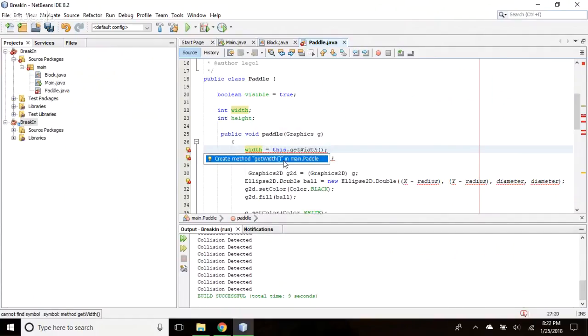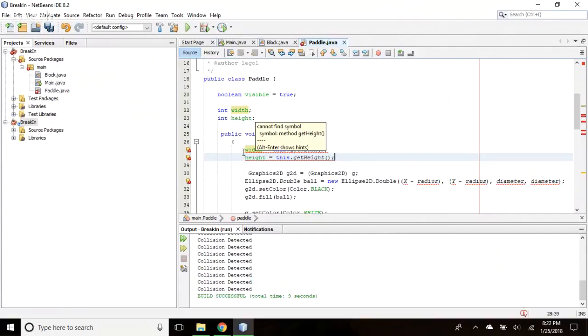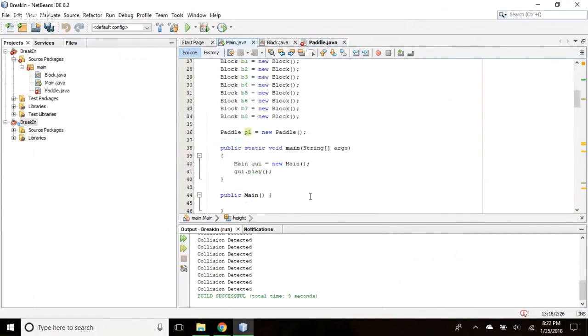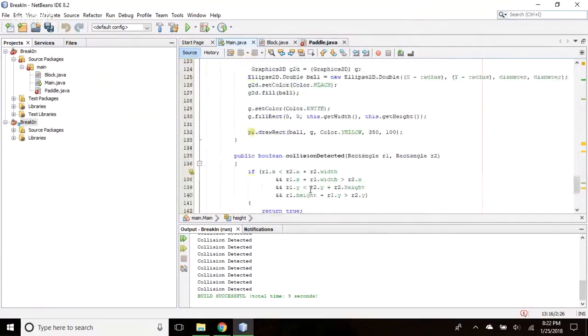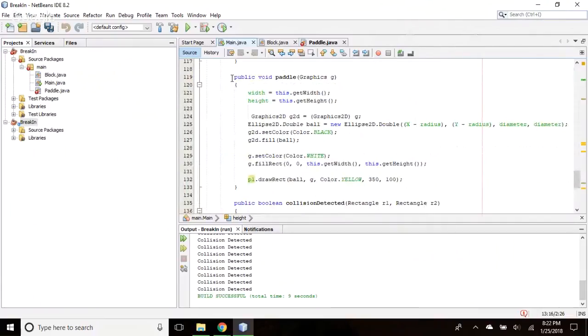Create a method. No. Oh, wait a second. Oh, I see. You're saying this, and that this is not a. Okay, so this is not the same functionality anymore. So we'll have to work that out. So delete the paddle and the other one. Because obviously, if you can tell, any paddle activity needs to be in the paddle class. Delete. Yeah, delete the paddle method. Or this one? Yes, just delete that.